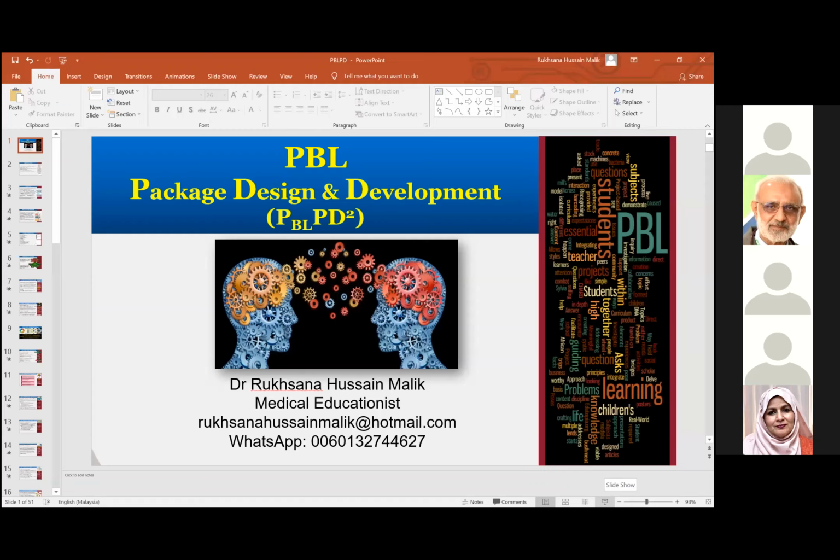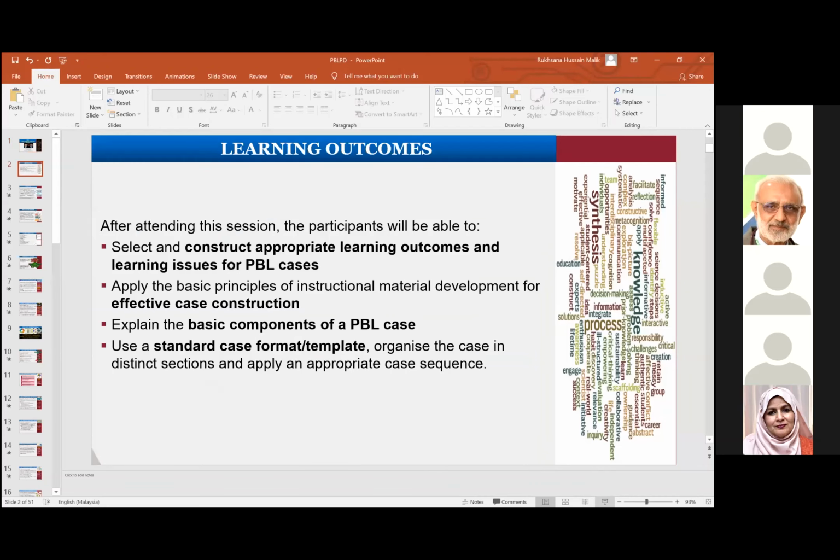The materials which are given for that are of different types, but usually what is done in the medical schools is that we make a clinical scenario. The clinical scenario which is developed for this is specially constructed for these PBL sessions. It does mimic the real clinical cases, but it is not exactly the clinical cases. So we are going to talk about how these PBL scenarios are developed and how they are formatted and how